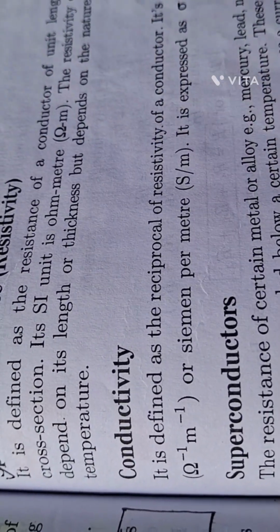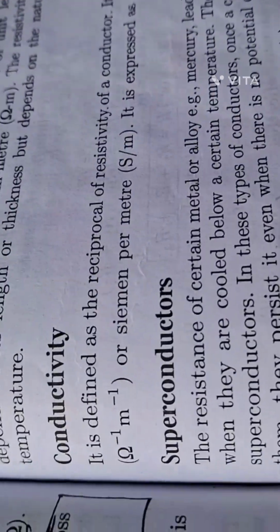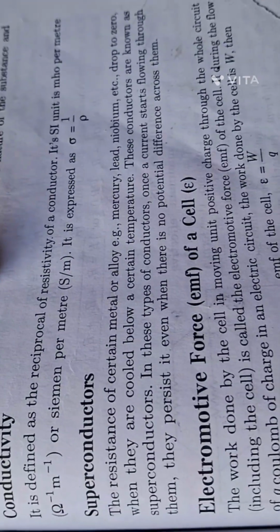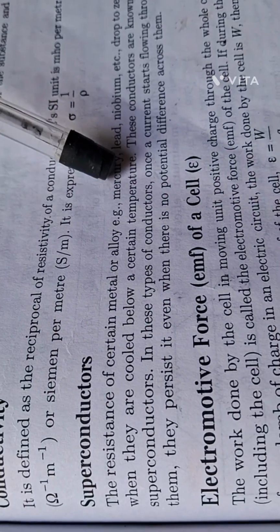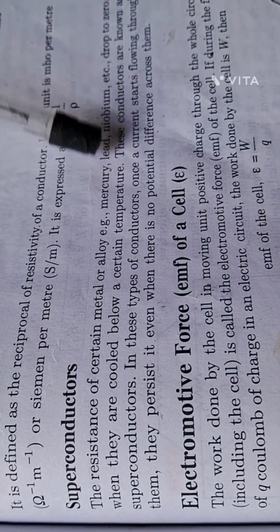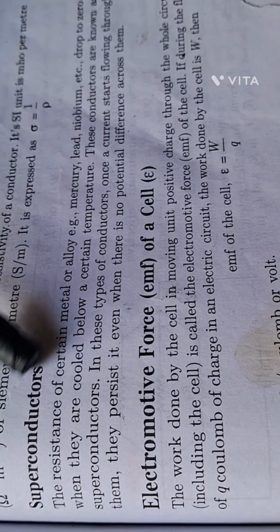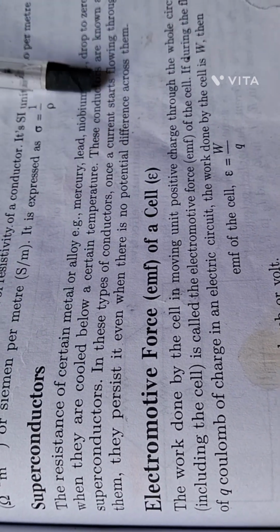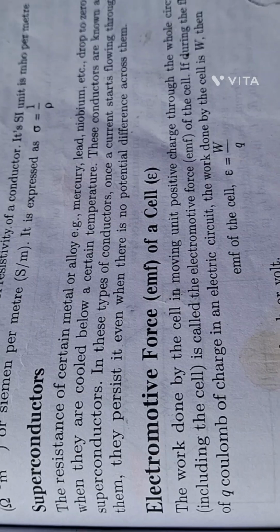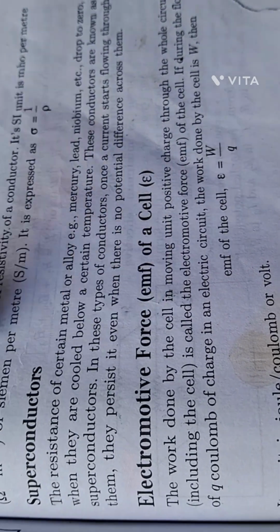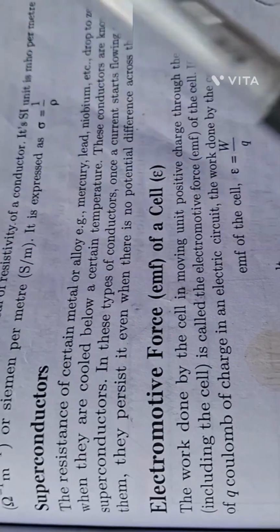Okay. What are superconductors? See, superconductors are those conductors that behave, for example, like plastic would behave as a conductor at a certain temperature below 1 K. So for example mercury, lead, niobium: their resistance drops to 0 when cooled below a certain temperature. These conductors are known as superconductors, but they have a drawback. If you once draw the current in the superconductor, it would not stop. It would keep flowing even if the key is opened or closed.